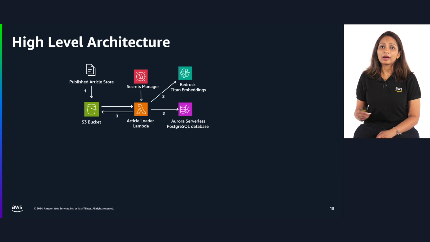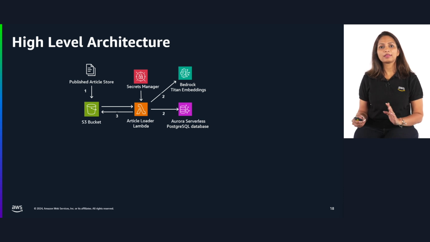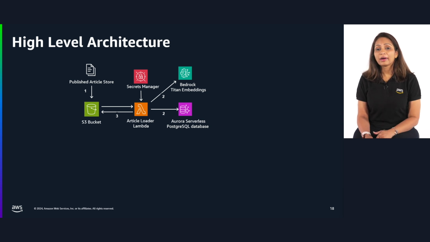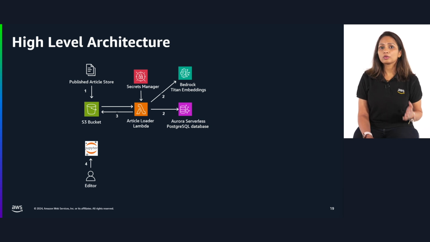In this step, the articles are pre-processed to format the original article. This includes adding 4 components to the article: super title, main title, lead, and main text. The processed articles are stored back into S3. Then the user can select one of the 4 options to generate the article.